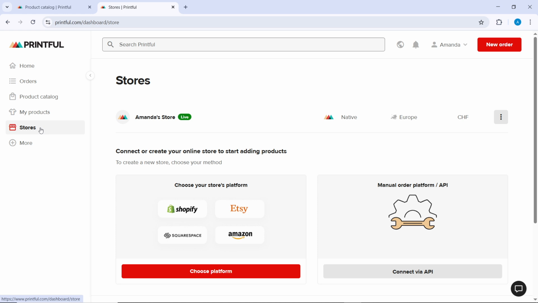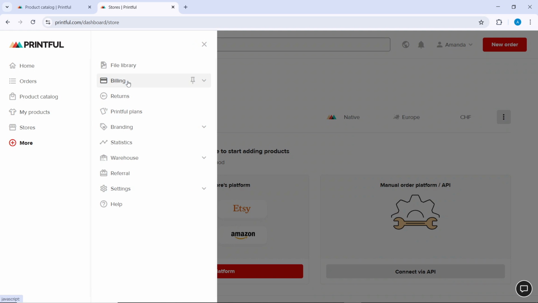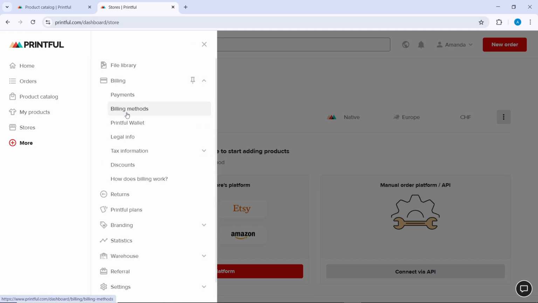In Shopify, enter your payment gateway: Shopify Payments, PayPal, etc. Ensure that it is configured under Settings and under Payments. In Printful, you can just go to Billing. Select More, select Billing, and once you select Billing Method, add your preferred payment method so orders can be